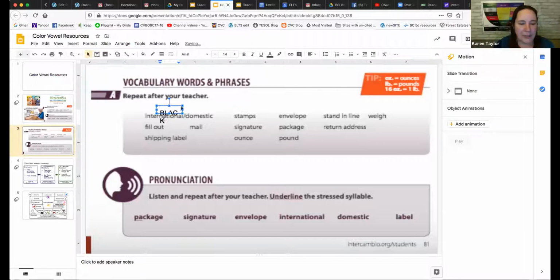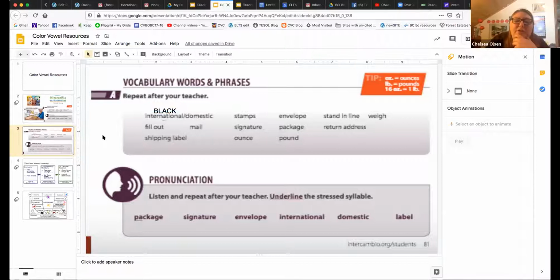And I often just keep it short. Black is sufficient once the students know what that's referring to. We have the anchor images. You could put those in there. That would be good. Yeah, you could do that.